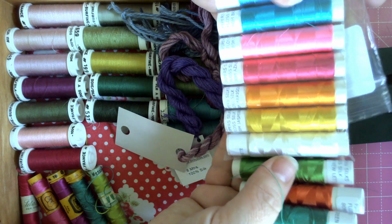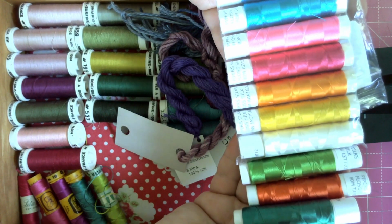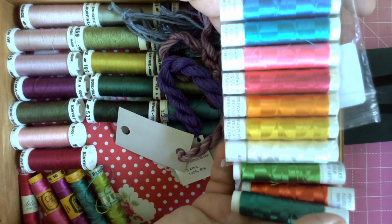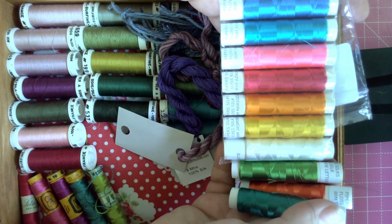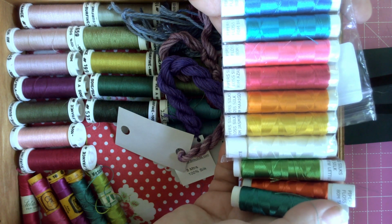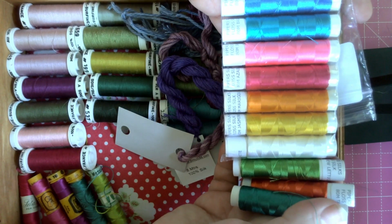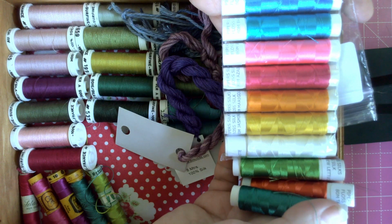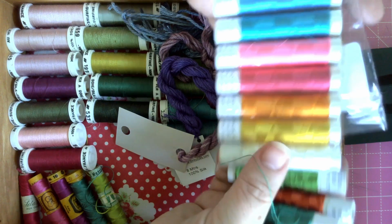I'm going to talk a little bit later about evaluating value compared to cost with respect to silk threads, because it's not always that easy to compare. And in one sense, if you're only going to use a little bit, the cost is more important. But if you're charting up for a huge great monochrome long dog sampler or something where you're going to need a lot of the length, then you really want to be looking at the value, the cost per metre of the floss. So anyway, that's the Piper's Silk,